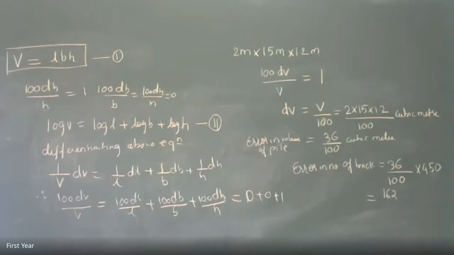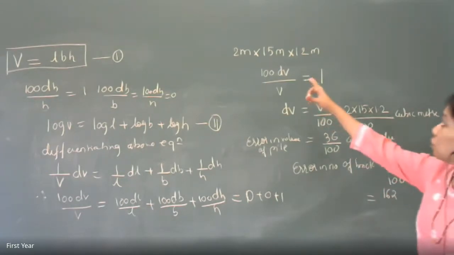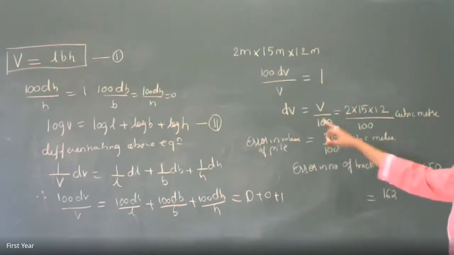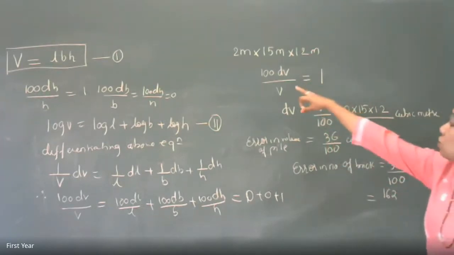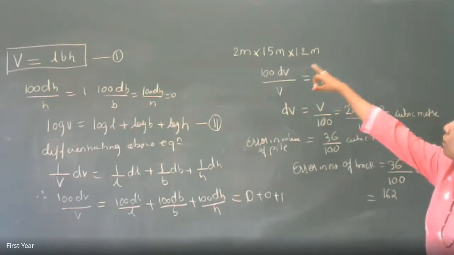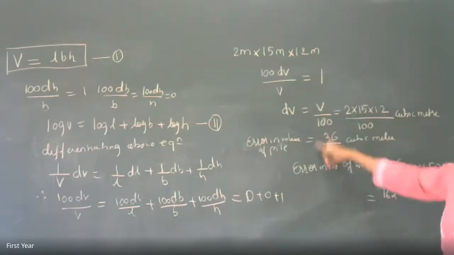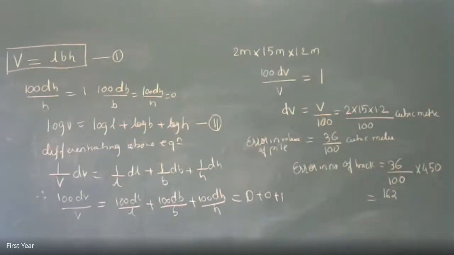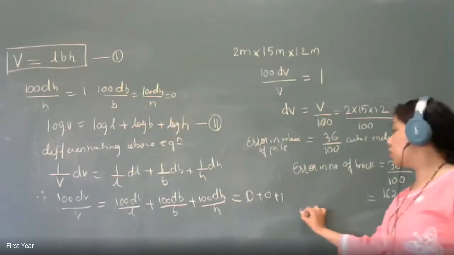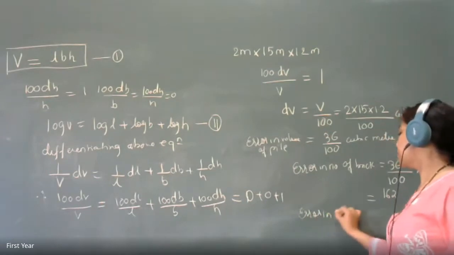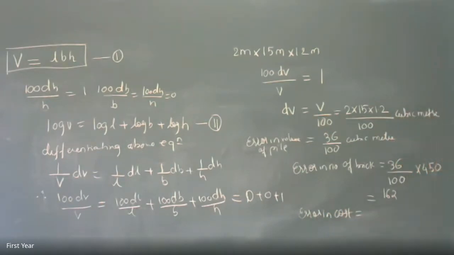So these are the bricks which we have counted extra because of the stretching. Actually, the size was less, but while measuring, the tape stretched and the measurement came out extra. So the number of bricks has been counted extra. Are you getting it? So the volume should have been 2 into 15 into 1.2, something like that, but this amount 36 by 100 has been added extra. So the number of bricks has been added extra. So what will be the error in cost now? Are you getting everyone what we are doing? Yes, ma'am.